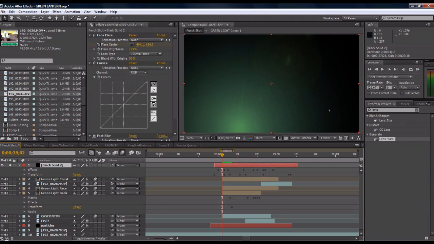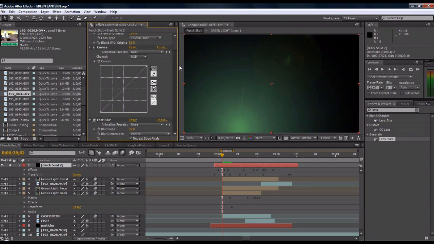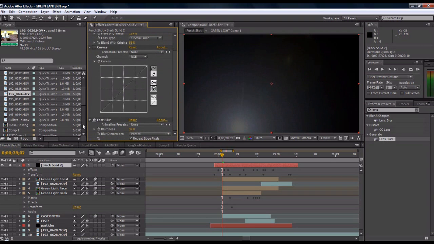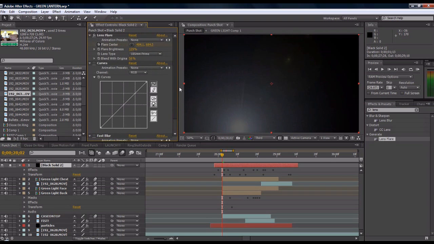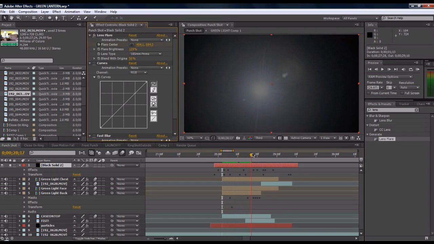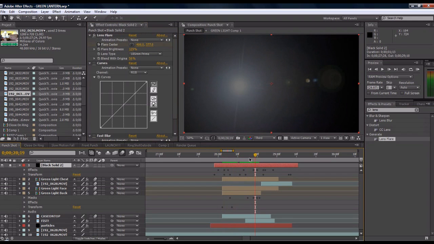If you want to do a lens flare using only the After Effects lens flare plugin, there's a few things you can do to make it not as crappy as it starts out, because it does start out crappy. They always start out crappy, like this. That's crappy. That couldn't match up with anything